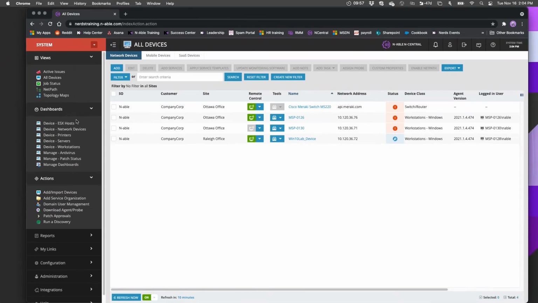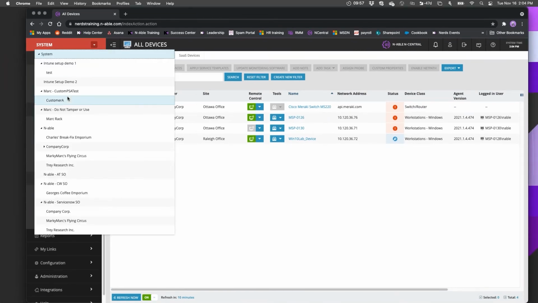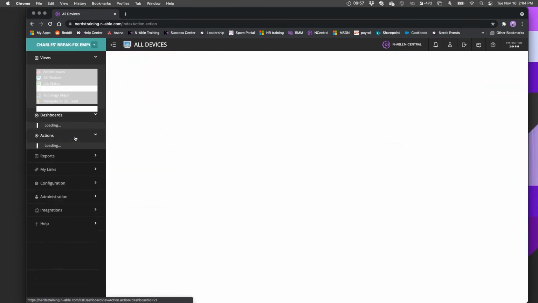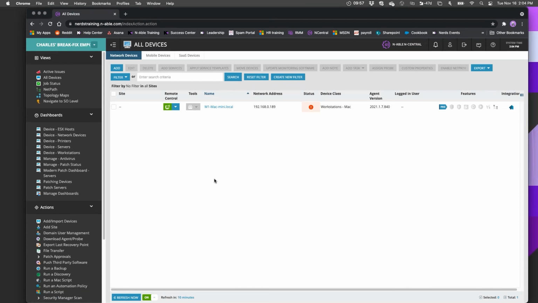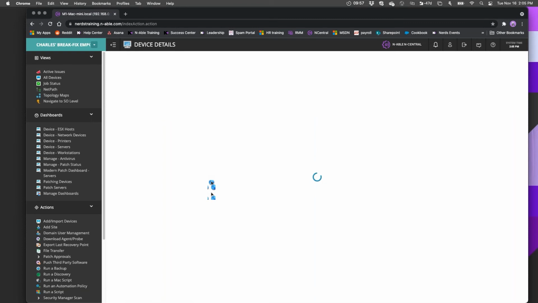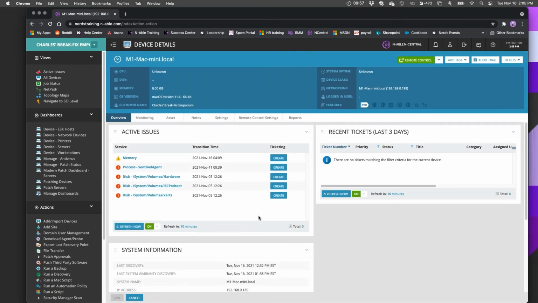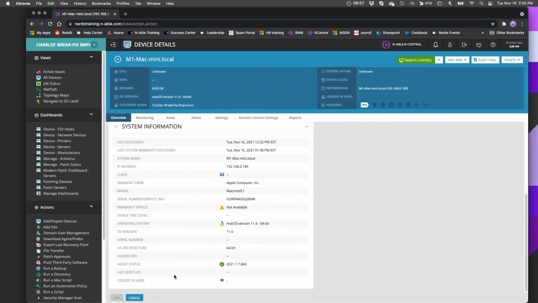So for my demonstration purposes, I have set up a company called Charles's Break Fix Emporium, and I have currently one workstation that is a Mac running here, the M1 Mac Mini, and it is running macOS 11.6.